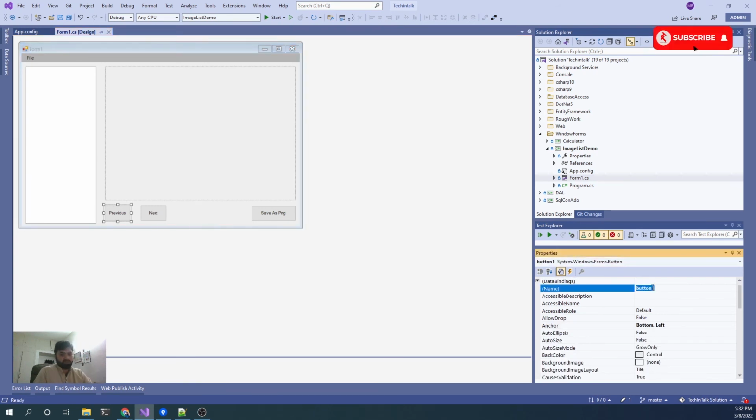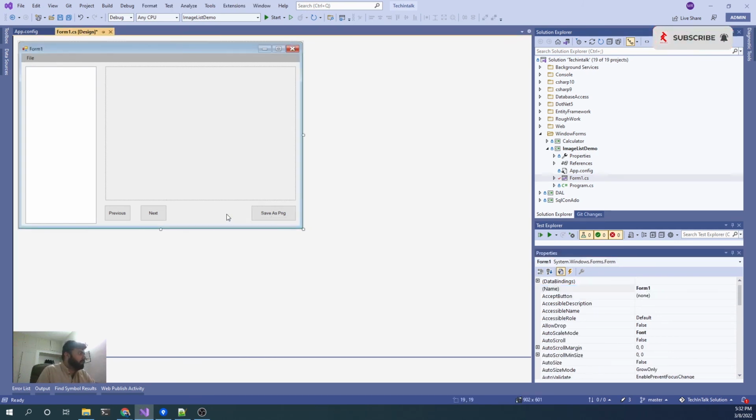For button 1 it should be previous button, and this should be next button, and this could be save as button, right।